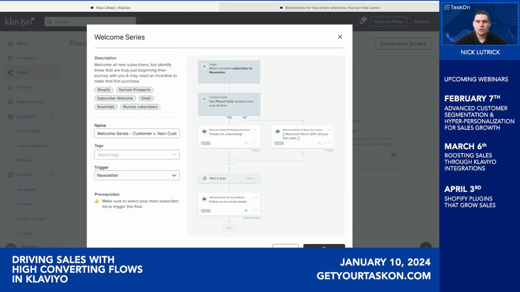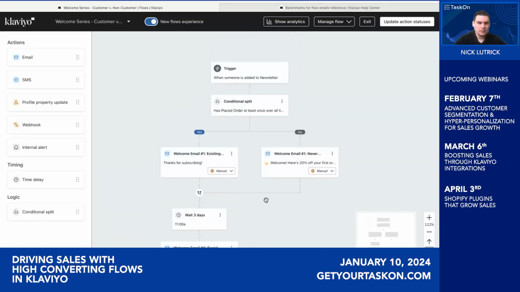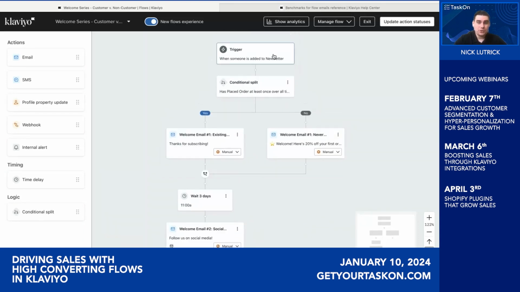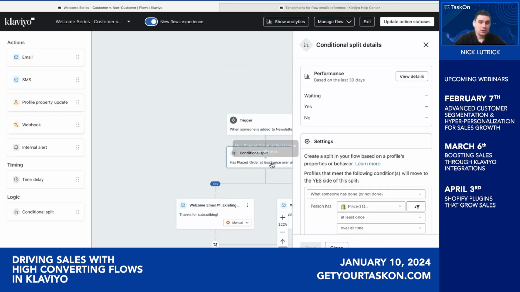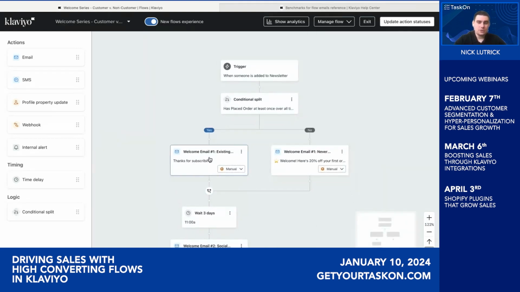So I'm going to go ahead and click create flow. Great. You can see that we already have a foundational flow here. The trigger is when someone is added to a newsletter, it will then split. And if they've placed an order at least once over all time, they'll get a thank you. But if they've never made a purchase in this flow, it's a great opportunity to incentivize them and maybe offer